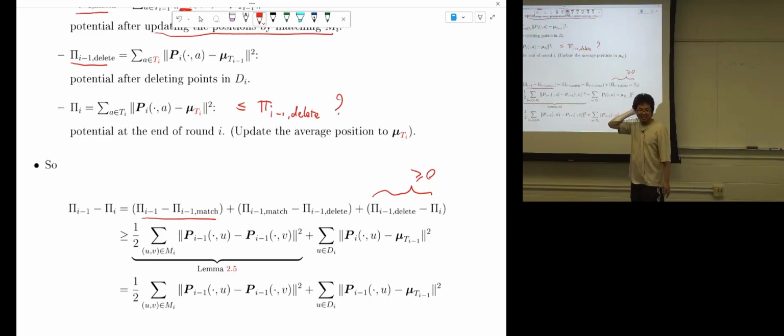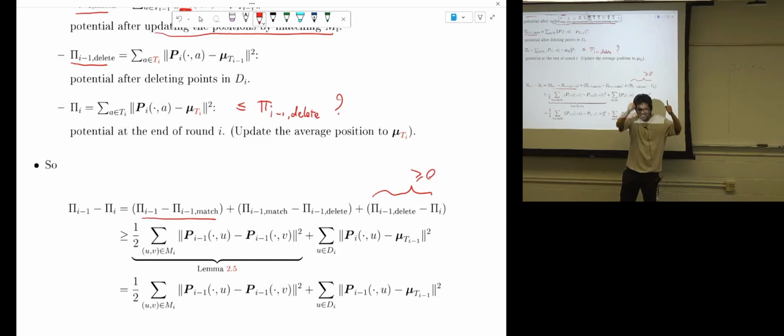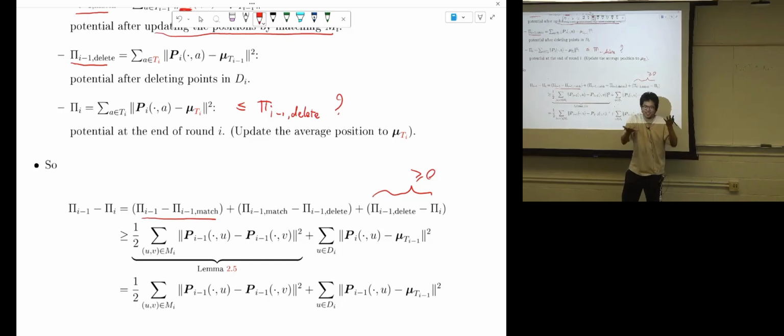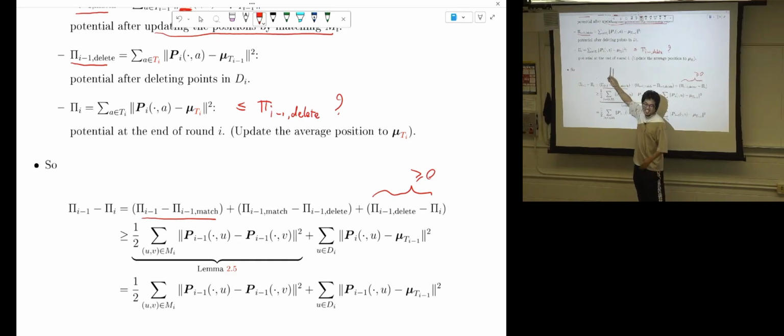Would it be because after deleting, the average can only go down? Because it is the average, I guess. Yeah. So the average might not go down. The average is a point in the space, and it's not clear that it goes down. But the reason is that this is the definition of average. The average is the point such that you minimize